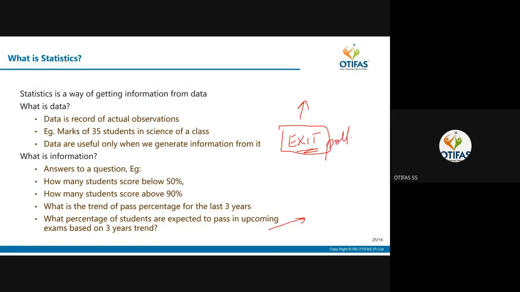Now, what is an exit poll? In these two, is it the first category or the last category? The last category, isn't it? For example, in the last parliament election, the exit polls said that 300 to 340 seats may be won by NDA. They gave a chance over a range of values. And if they want to give 310 seats, they will say there is a 90% chance that they will get 310 seats. So an exit poll is the best example of inferential statistics.